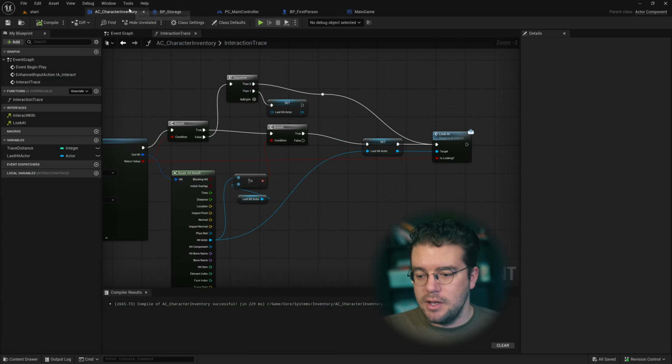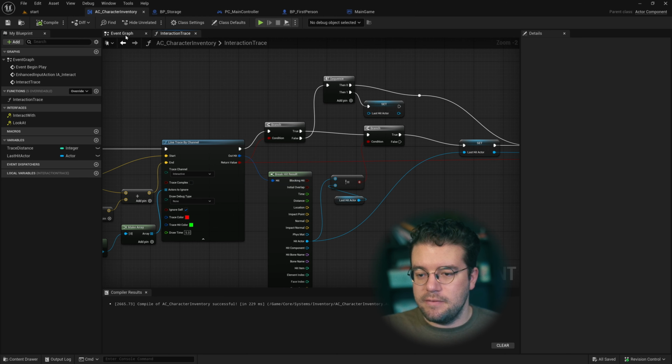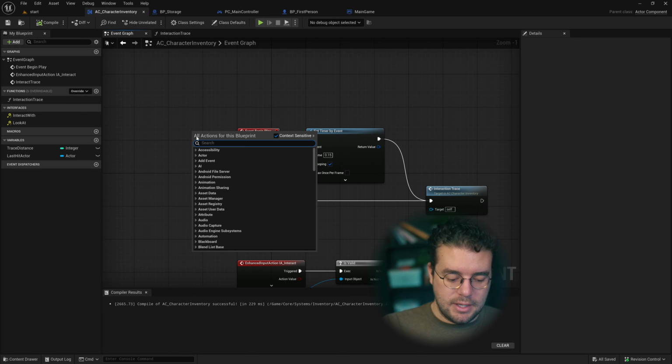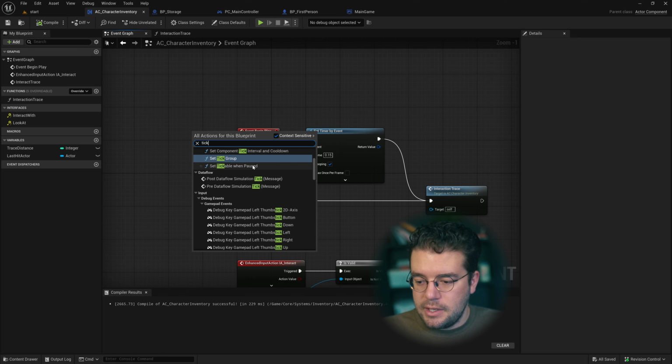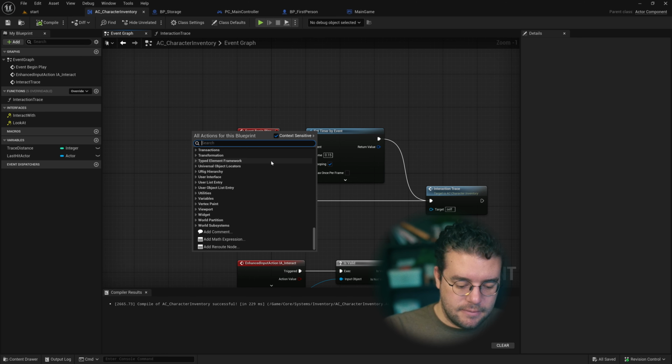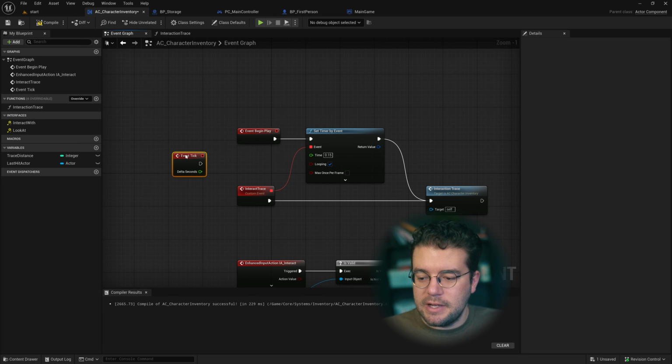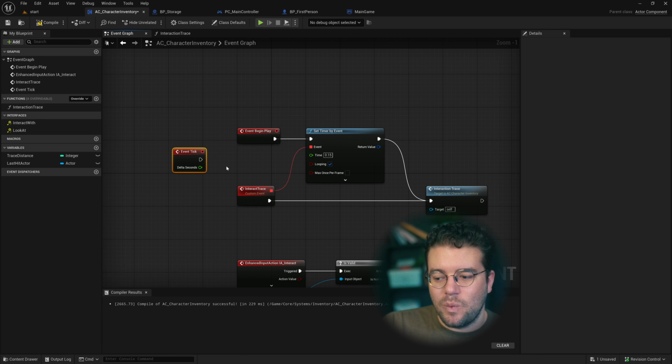So before, if we go to the event graph for our actor component, I was doing the event tick. I kind of knew this wasn't the most efficient way of doing things, but I didn't know what was more efficient. Well, we got that answer in the comments. I appreciate the advice. So before we were doing event tick, which is essentially launching that line trace